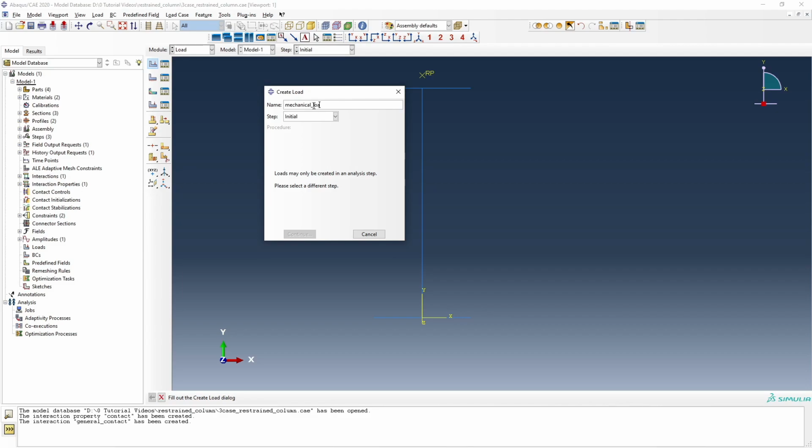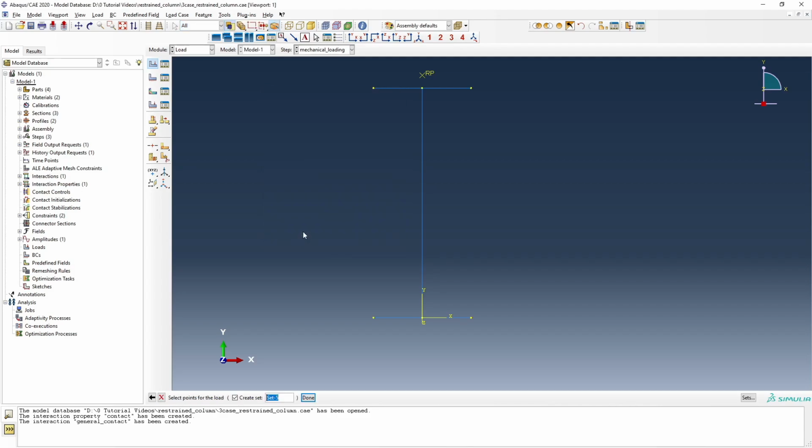And the mechanical load is created in the mechanical step, and the type is concentrated force. We create this concentrated force, and then we continue there, and we can name this set as load point. We can say this as a load point, and then we can select this point, then accept,